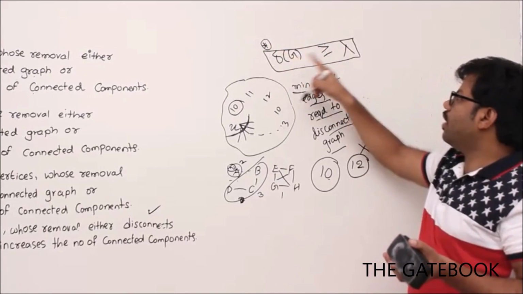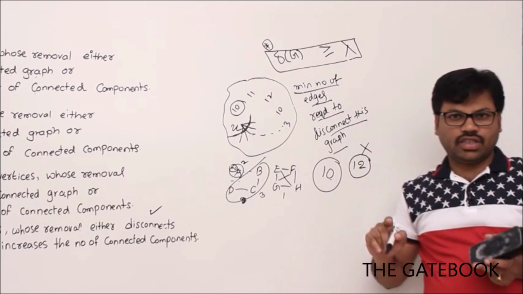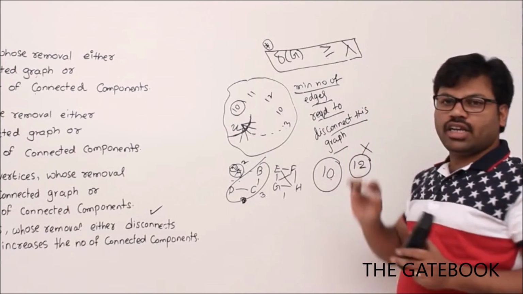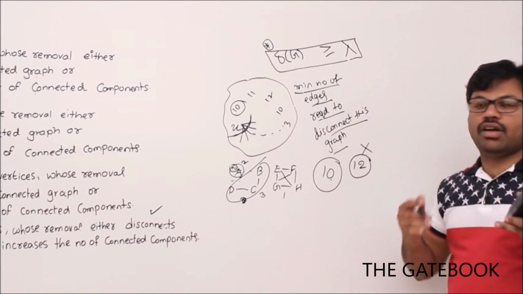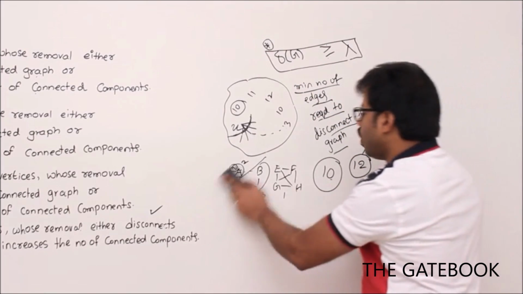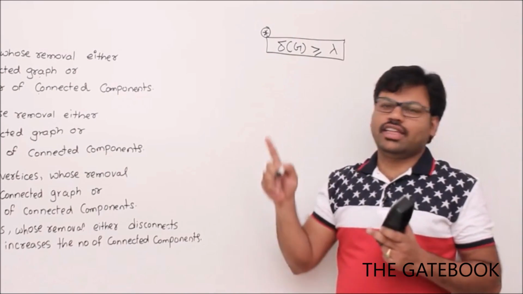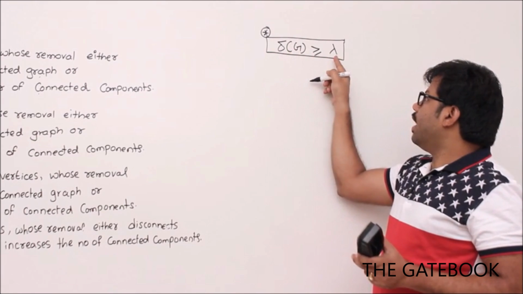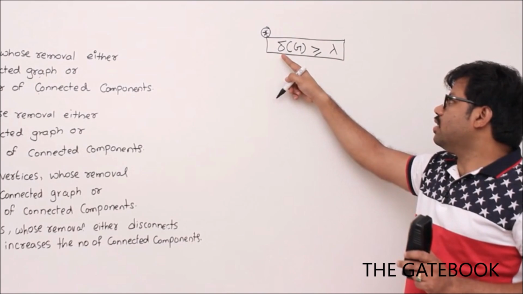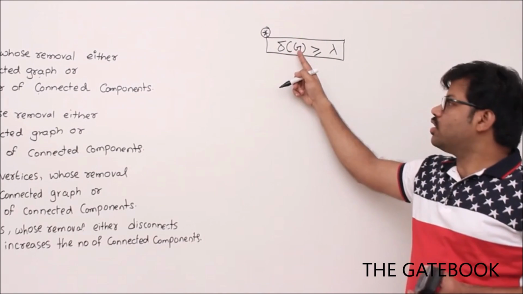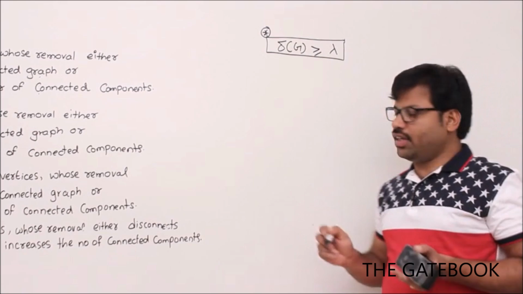Okay. What's the relation between lambda and delta of G? Lambda is always less than or equal to delta of G. So why less than or equal to, why not equal? I will tell you. It is not compulsory to remove delta of G number of edges. I will show one more picture. Some students don't understand this equation properly. So they think that lambda, the minimum number of edges required to disconnect the graph, is equal to delta of G. But it's wrong. It is either equal to delta of G, or sometimes it may be less than that. Why? I will tell you.